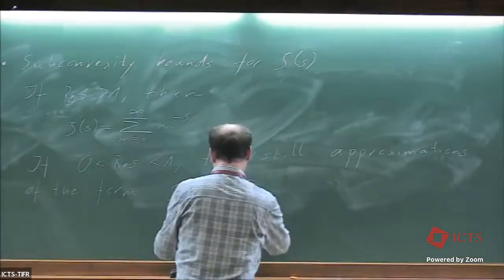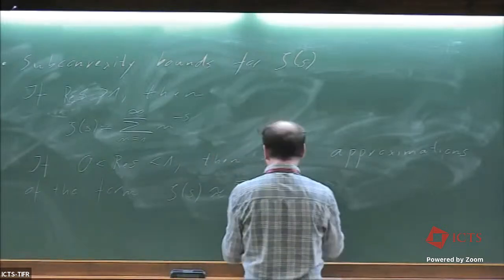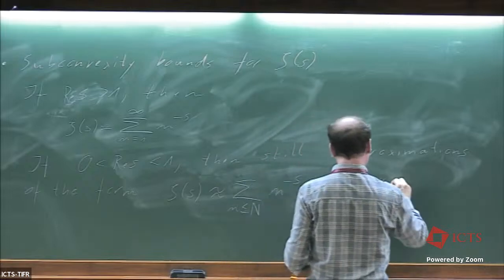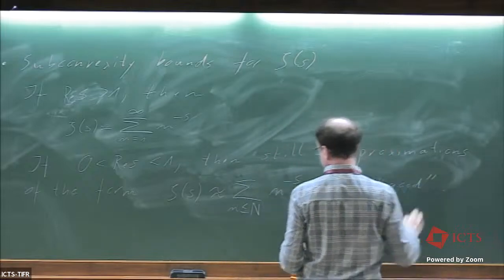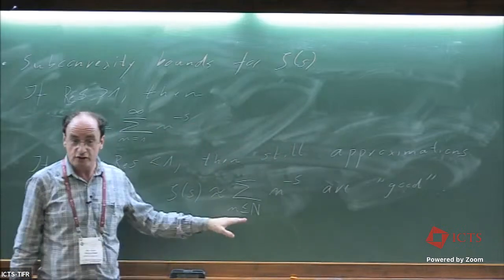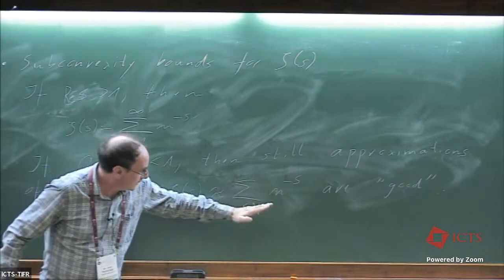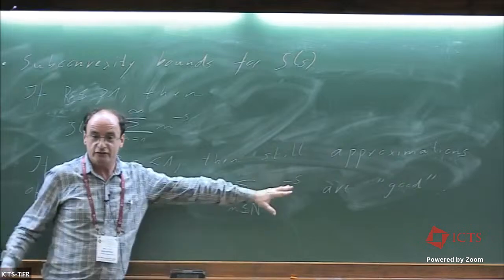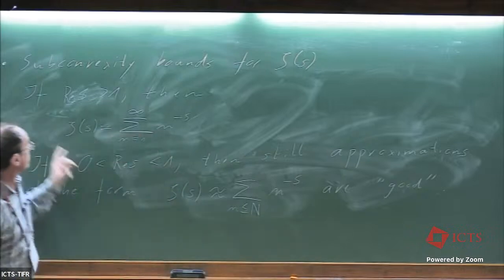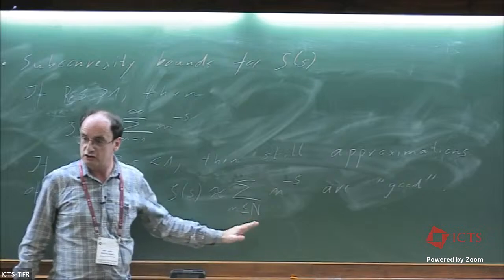Yeah, we take the sum over n less or equal some parameter capital N of n to the minus s. Good. You can even do better if you use the approximate functional equation. You can approximate it by a linear combination of such a term and another term where s is replaced by 1 minus s. Okay, so we can boil down subconvexity estimates to estimating these sums,